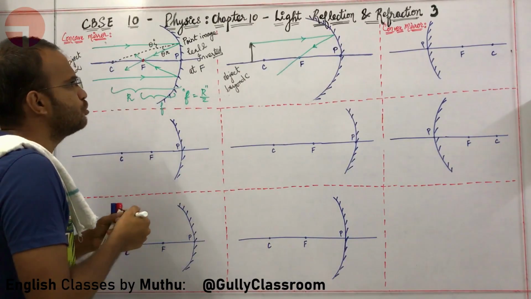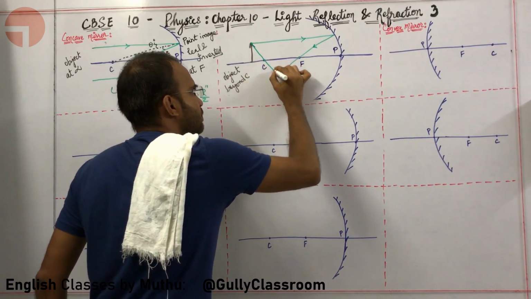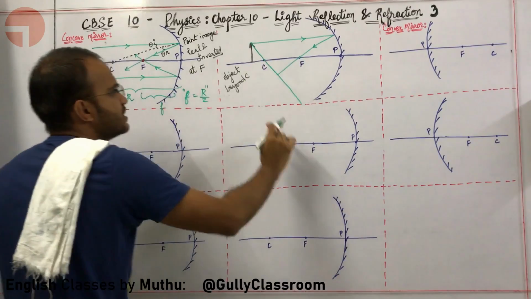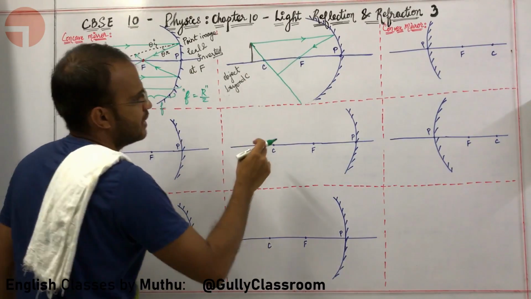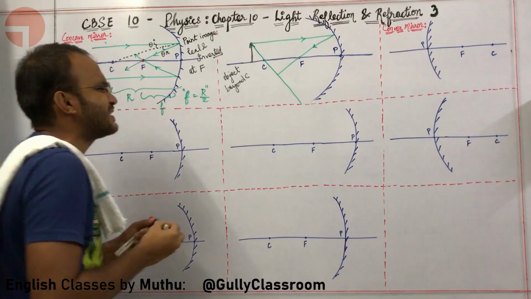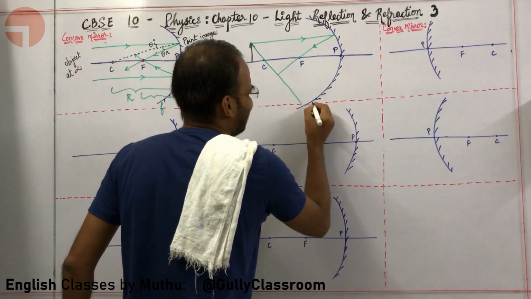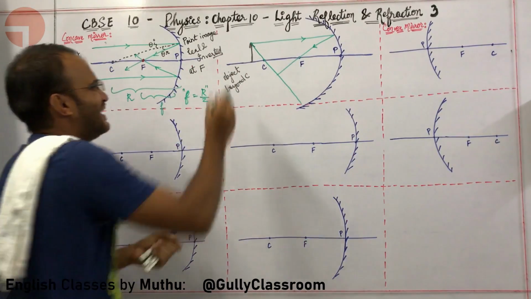Now what next will happen? I am going to use a beam that is passing through C. Sir, if you are going to use a beam that is passing through C, what will happen? The light ray is going outside the mirror. Not an issue. Simply extend the mirror. It is our mirror, right? So it is not really an issue. You can simply extend the mirror. So the light ray is coming like this.